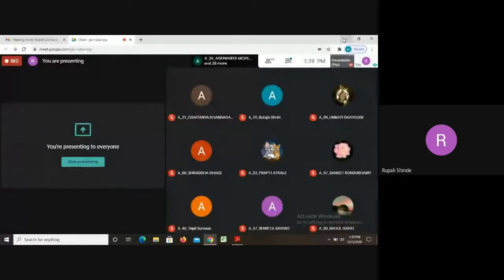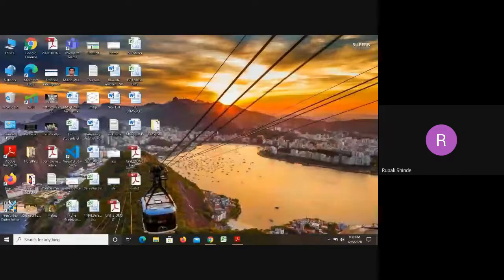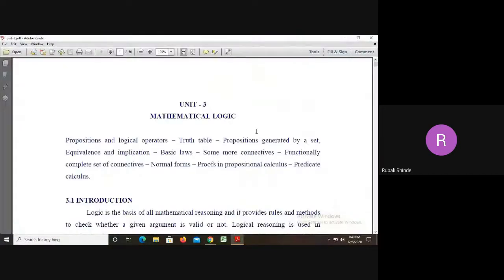So these are the two forms out of 4. The 4 forms are CNF, DNF, PCNF and PDNF. Out of these 4 we saw 2, that is CNF and DNF. So first of all, we will solve some examples. We have to solve some examples based on it, and then we will see the remaining two forms.